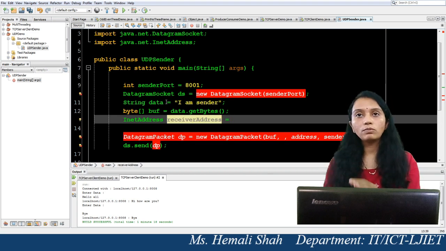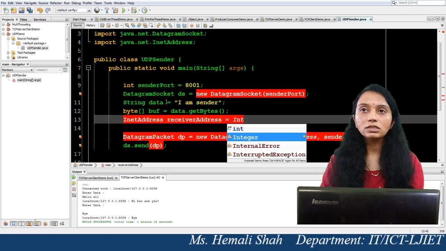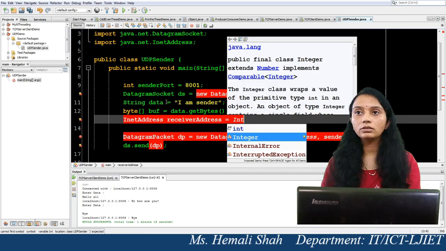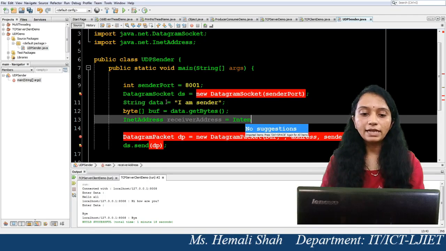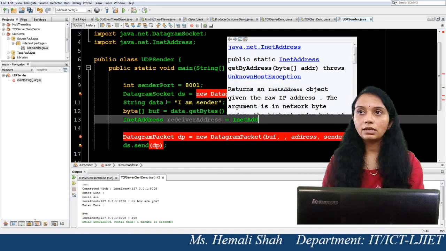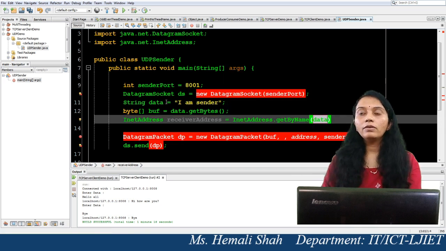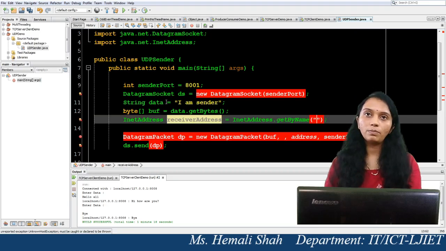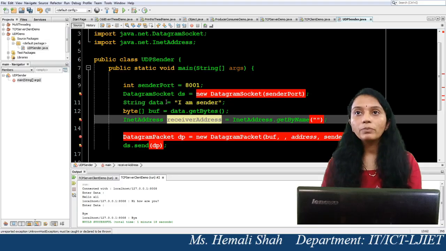You cannot build the object of InetAddress directly, so you just need to use the built-in static function in InetAddress, getByName. Now where is your receiver? What is the IP address of the receiver program's computer? You need to specify it over here.